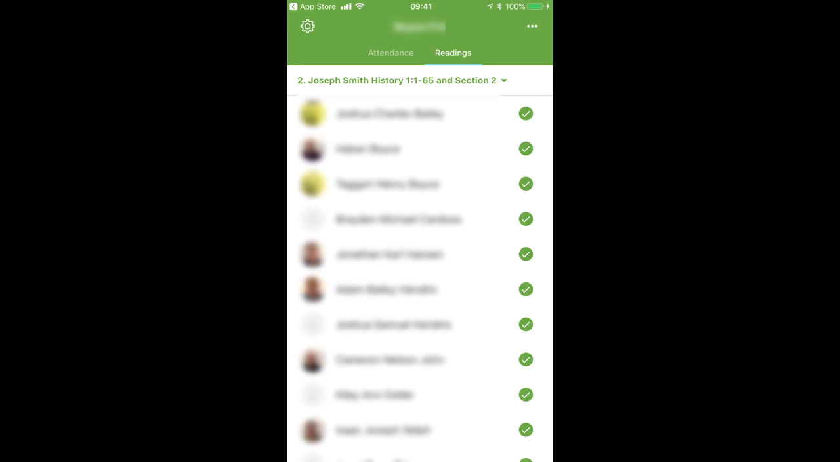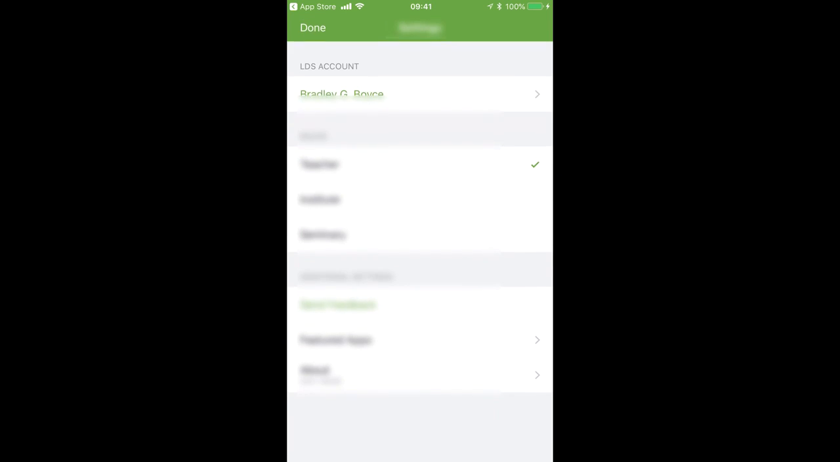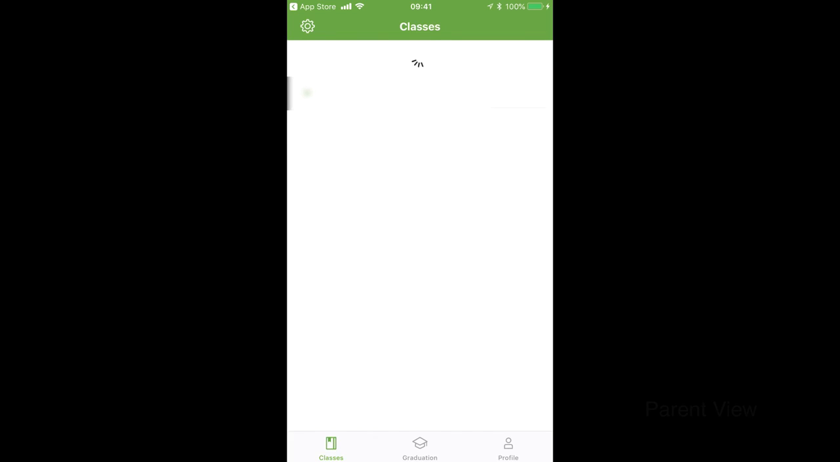So let's go ahead and take a look at this from the role of a parent. To switch my role, I'm going to touch the gear, and I'm going to switch to seminary. If you have an Android, it's 3 lines that allow you to switch roles. I'm going to touch seminary, and from this point you can see the students that should be your son or your daughter. Here, I have 2 sons in seminary this year. If I touch on their individual record,